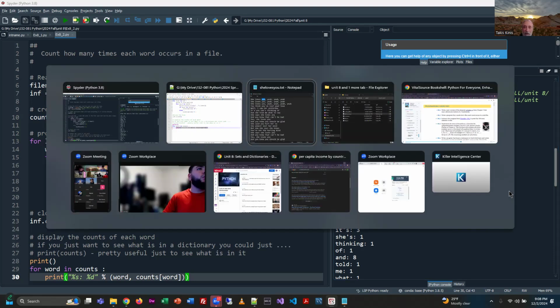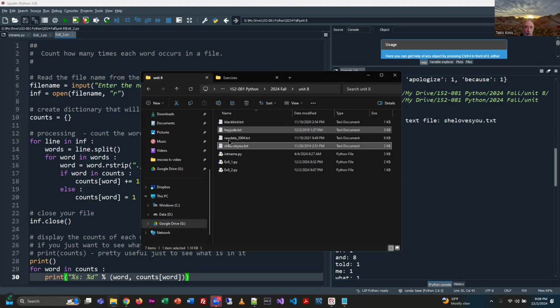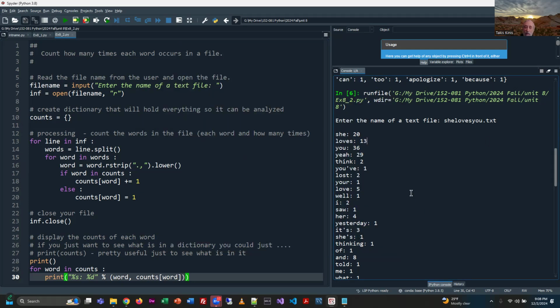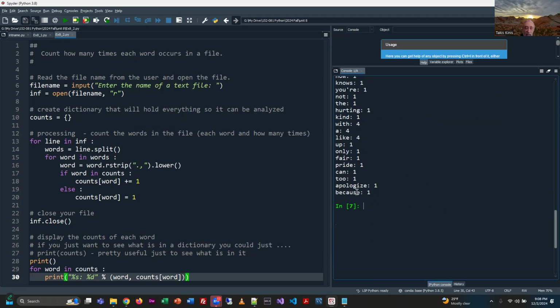Right. When I have a little fun with it, I do have a few other Beatles songs here, so I'm just going to throw these in the chat too. You guys might have use for these later, just fair warning. There's Hey Jude and Blackbird, right? And so I can run this now on any text file. This is what's so cool about this. So if I want to put Blackbird in there,